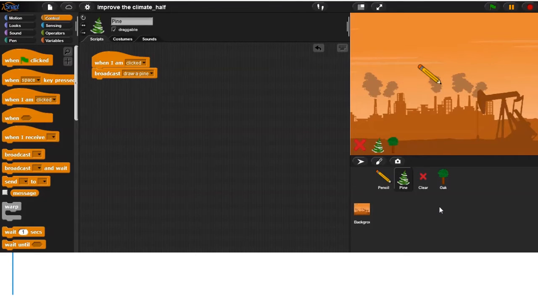Similar steps you have to apply to sprite oak. When I'm clicked, broadcast, draw an oak.